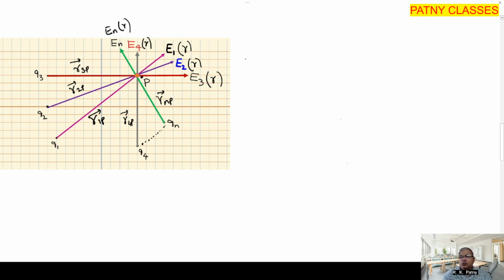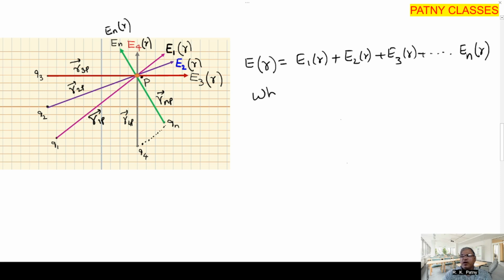So the net electric field at a point P is E of r equals E1 of r plus E2 of r plus E3 of r, and so on till the last charge, that is the nth charge, En of r, where